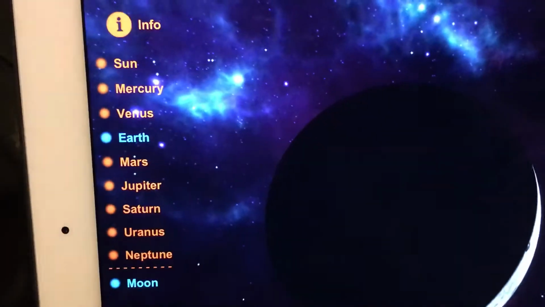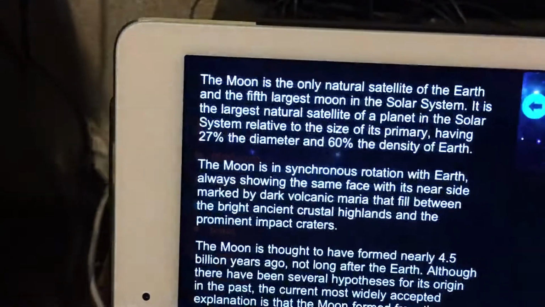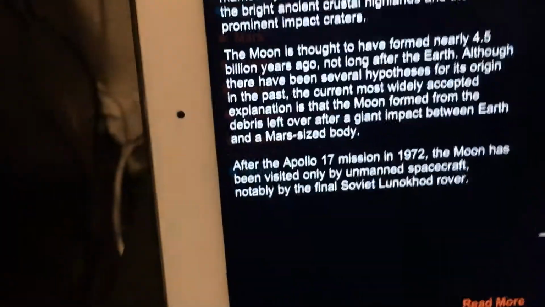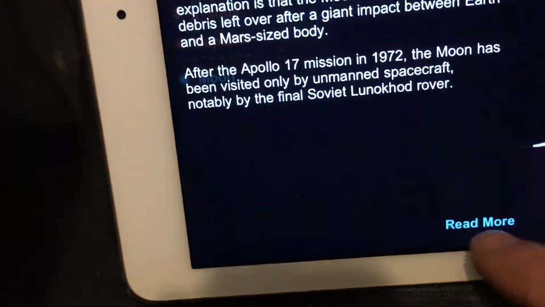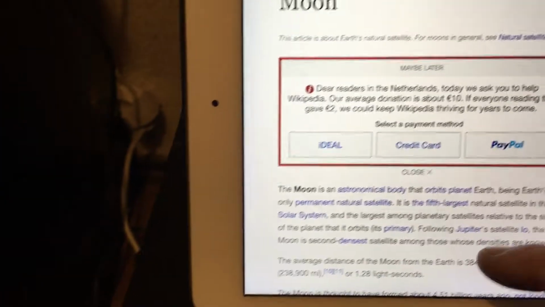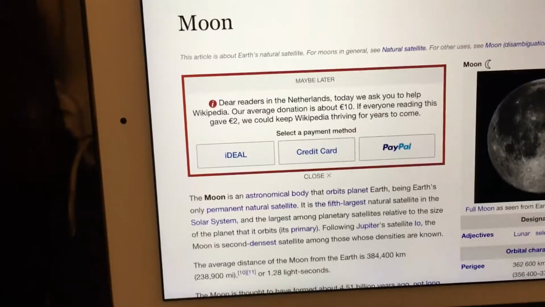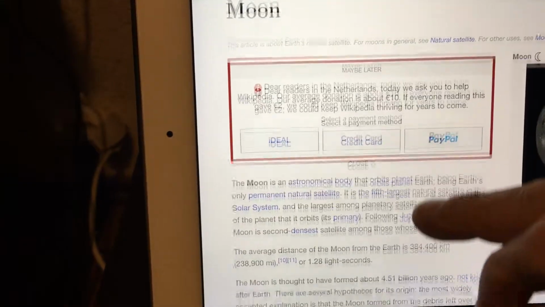Click on moon, and then we'll go to info again up here. Okay. So I'll go down here to read more. It takes us to a Wikipedia link about the moon. That's all fine and dandy. Looks like Wikipedia is in need of some financial support. Okay, let's move on.